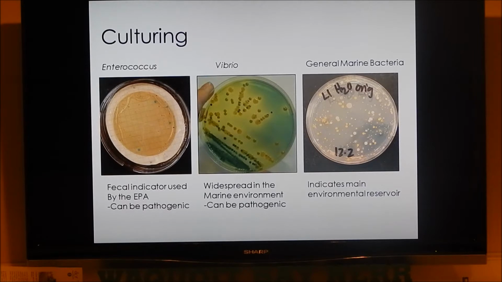And then finally, the last one we look at is the general marine bacteria, which is on the right. So this is a large grouping, basically. So the two on the left, the left and the middle one, we use selected media so that we know that we're getting these types. But the general marine bacteria is just any bacteria that would grow on ocean-like food, essentially. So it's pretty wide open there.